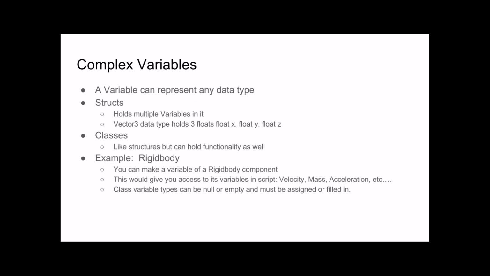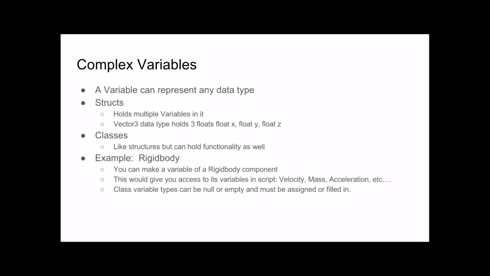You can get into more complex variable types because you can have a variable of any type of data. Those components, if we remember from last lecture, I had components on my game objects, and I had a collider. You could have a collider type variable. You could have a vector 3 as a variable, but what is a vector 3? Well, it's not one of the simple types. It's a structure that holds 3 simple types in it. So a vector 3 holds an x, y, and a z, 3 floats that represent x, y, and z. So it becomes a little bit more complex, but you can have a variable of anything.